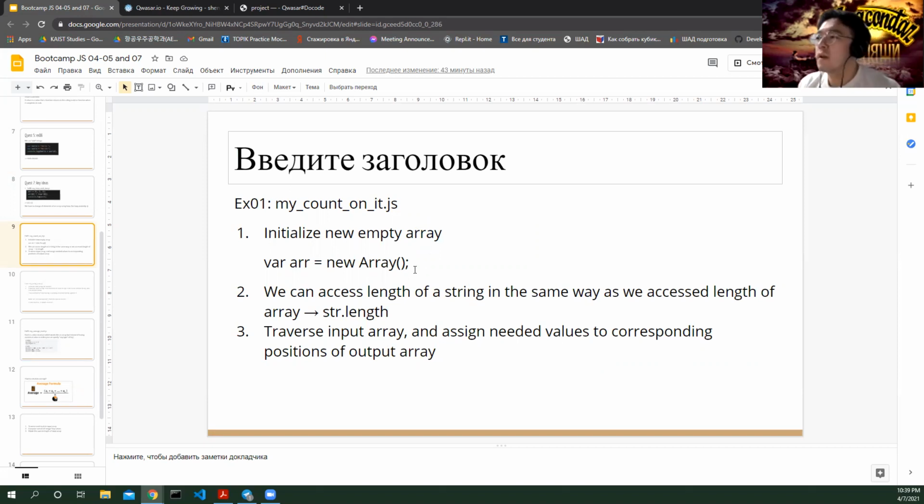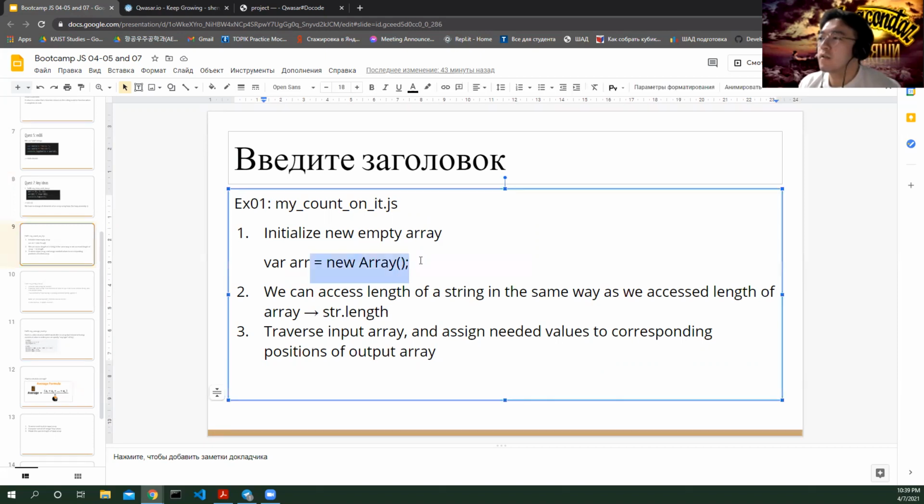So by using this JavaScript syntax, we say variable, we then say array, and then we use this new array keyword, and that's how we say that variable ARR is our empty array. It means that we can apply all methods that we can use for array to this variable,